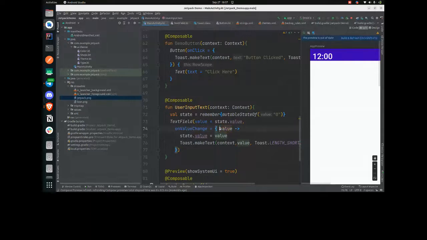To remove the confusion, I am changing the parameter name to current value. So I'm putting the current value into the state's value. Now what is happening is that whatever string comes from on value change after changing some data, I am setting that to the state's value. Now if I run this,